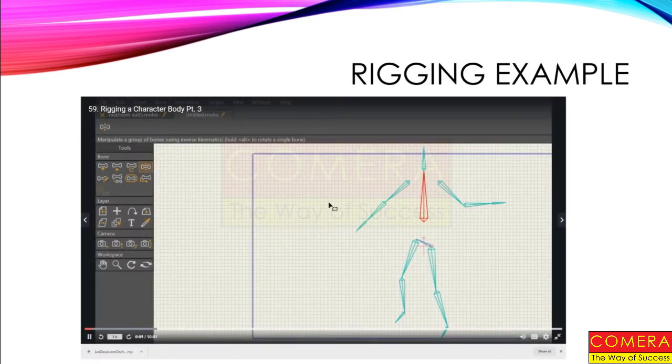Now here I wanted to give you an example of rigging. Here's a bone structure within Moho. And what you do is you define how all these bones work. You've got to go through and rig, and then you've got to bind them to your illustration and make sure your illustration lines up with the bones. And then you've got to move arms and stuff if you're doing actions that aren't canned actions provided by the product. So it's very complicated and time consuming.